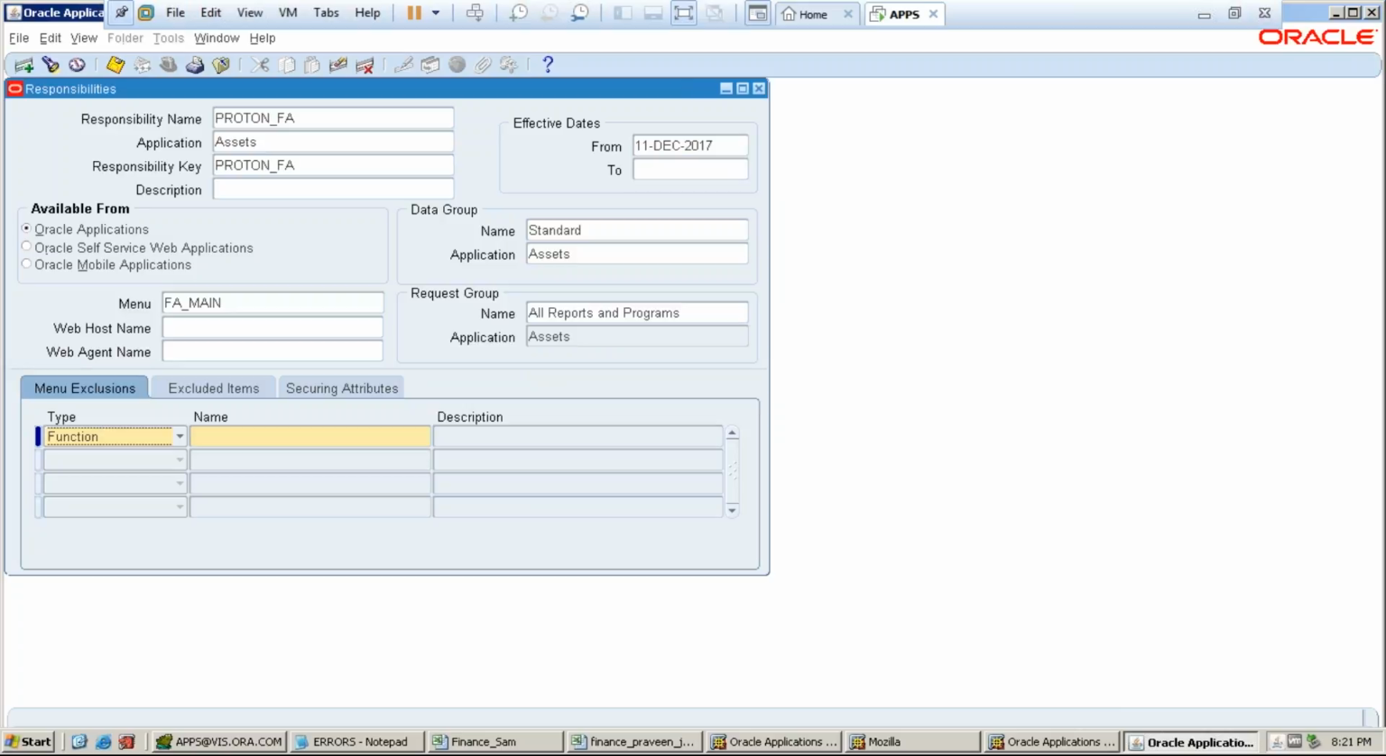Otherwise what we can do is, you can query the standard Oracle responsibility, and then you can create our own responsibility for our client, using the same menus and request groups. So here the menu FA main means, if you use FA main menu, then you can get all the forms which are related to setups and all the transactions. In the same way request group, all reports means you will get all the FA reports, whatever related to FA. Then Control S, save it,